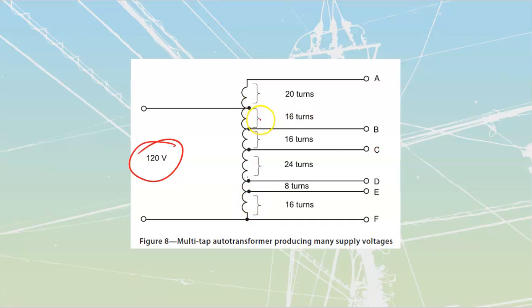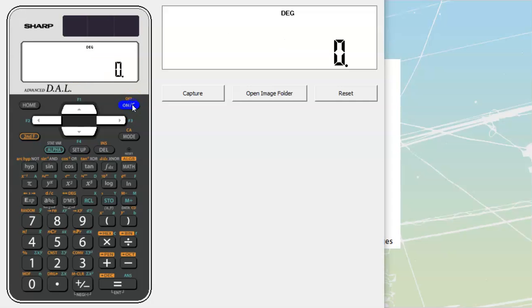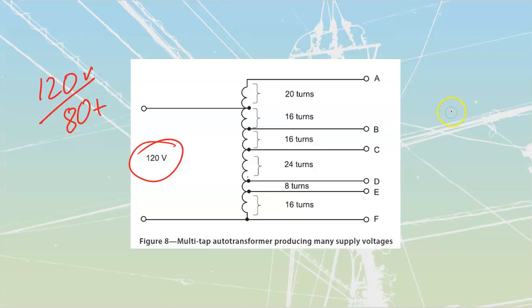So I got 16 turns over here, plus another 16 turns, that's 32 then, plus we'll add in that 8, that's going to get us to 40, plus another 24, that's going to get us to 64, plus another 16, which is going to get us all the way up to 80 turns. So I'm going to create 120 volts over top of 80 turns over here. What I can do then is convert that into a decimal number. So 120 divided by 80 gets me to a value of 1.5. So I have got 1.5